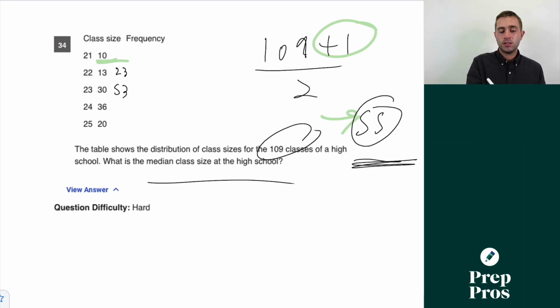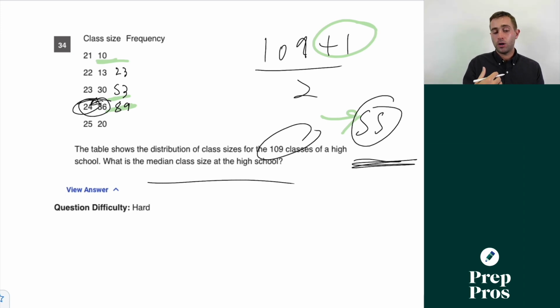So this group is going to be where our 55th value falls, because this is going to get us all the way up to 89. So this is going to contain classes 54 through 89 when ordered from smallest to largest. So our median class size, therefore, is going to be 24,